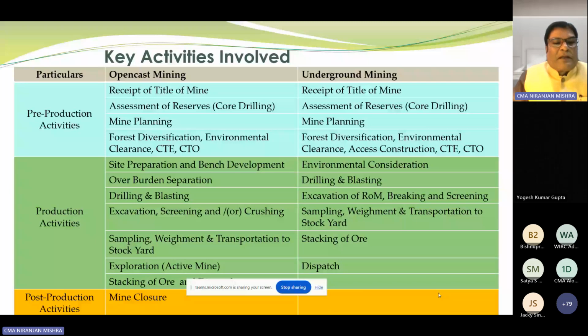If you all recollect why the Shah Commission was set up 16 years back: at that time the government was losing the royalty, losing revenue due to manipulation in the sampling, or misappropriation or embezzlement of the royalty, or dispatching good grade ore but paying less royalty. That's why now the sampling is of two types, internal and external, and the company has to pay the royalty as per the external sampling. So to avoid the blockage in the dispatch, to avoid